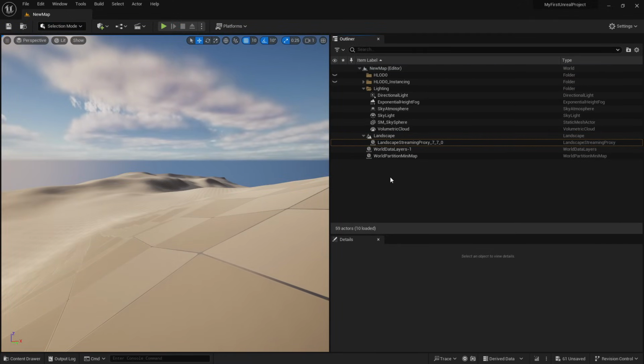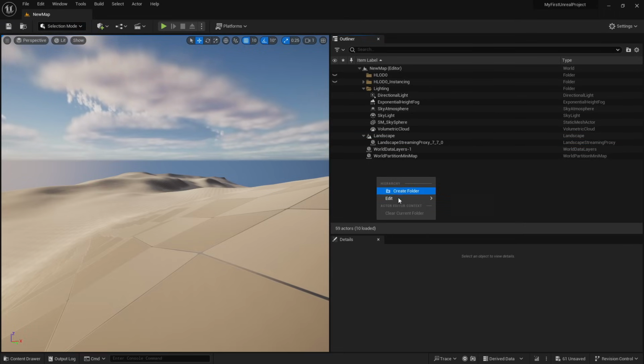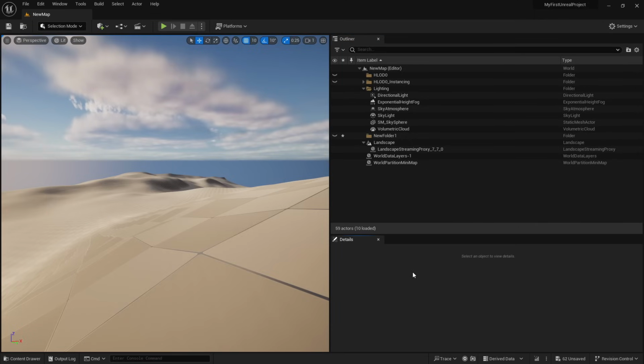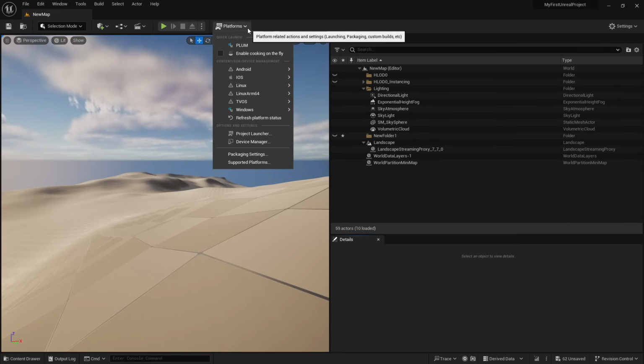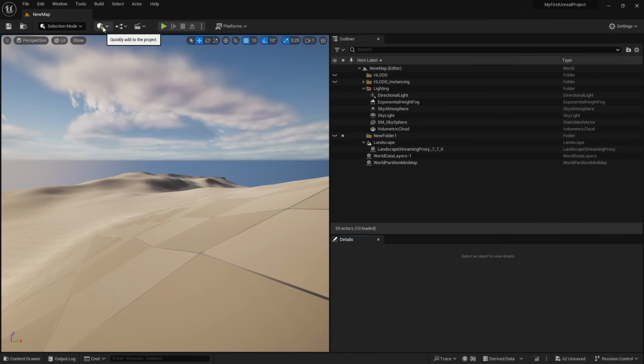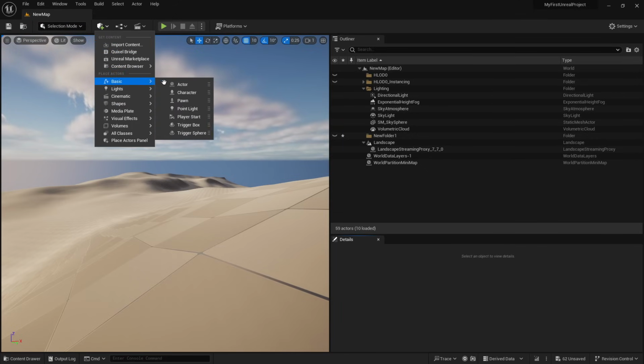Well, so this clearly is geared toward 3D, and likely what I would use Unreal for would be a 3D game. And so I think I'll leave it in 3D mode. I want to try to attach some game logic as I did in the previous tutorial, but maybe I'll do so with a 3D object. Okay, well, here we go. Quickly add to the project, and okay, so I can add a basic actor or some that